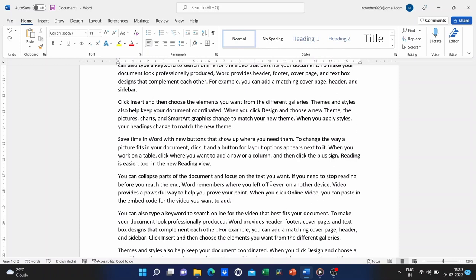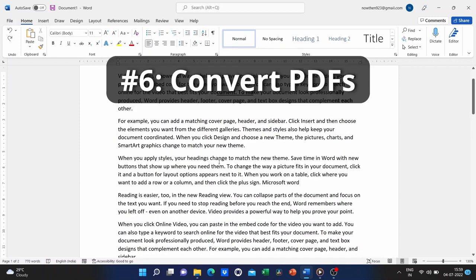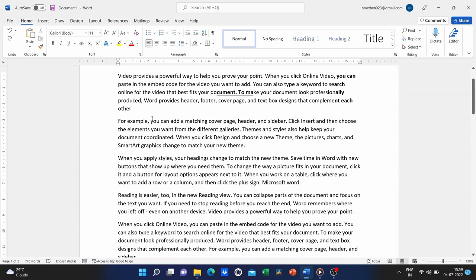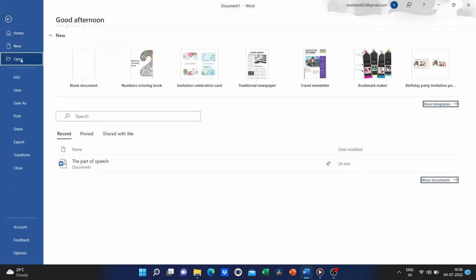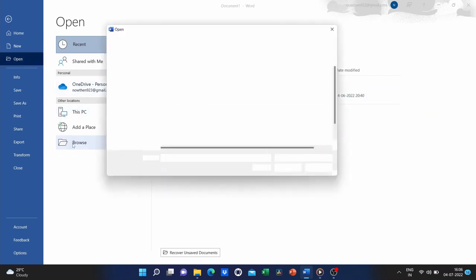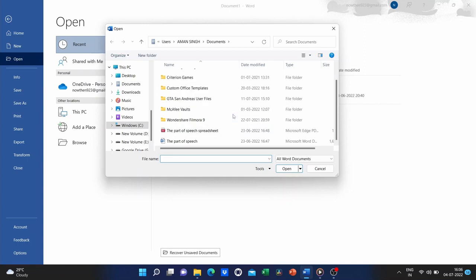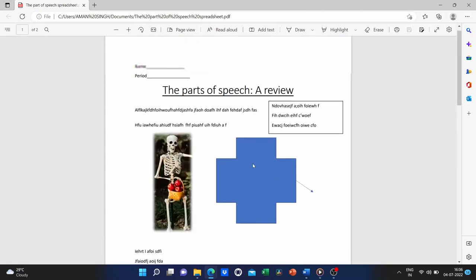That is, Microsoft Word can now easily and very successfully convert PDFs into Word format. So, I'm going to go to File and click Open. And I'm just going to browse to my download folder where I have a PDF. I want you to see what that PDF looks like independent of Microsoft Word. So, I'm going to open up my Downloads folder. I'll double-click to open up the PDF.